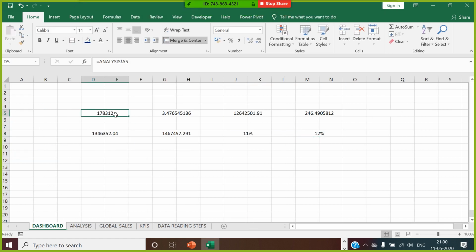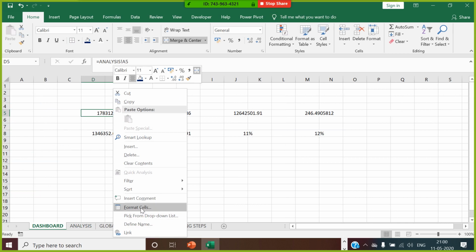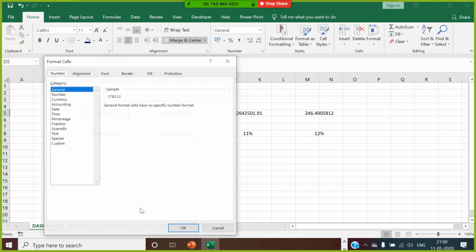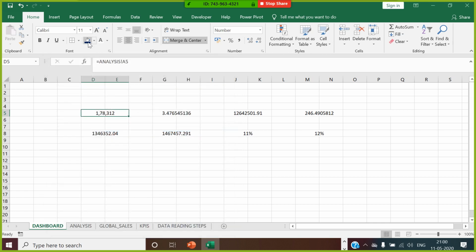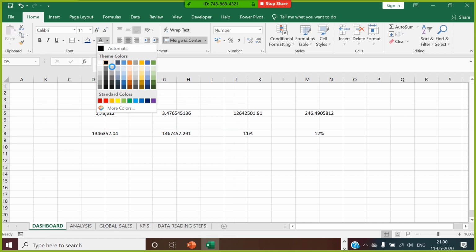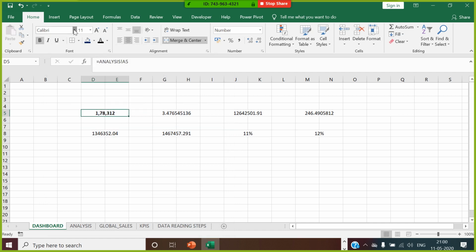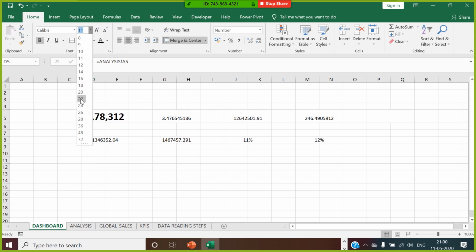Okay, so guys, right click on this, go to format cell, make it 1000 commas separator, make it black color, bold, and increase the font to, let's say, 20, and that's it.